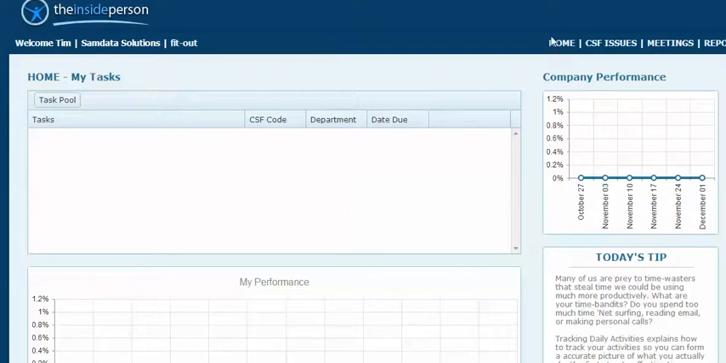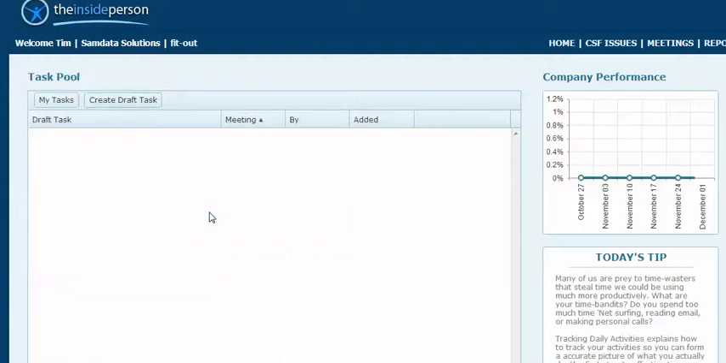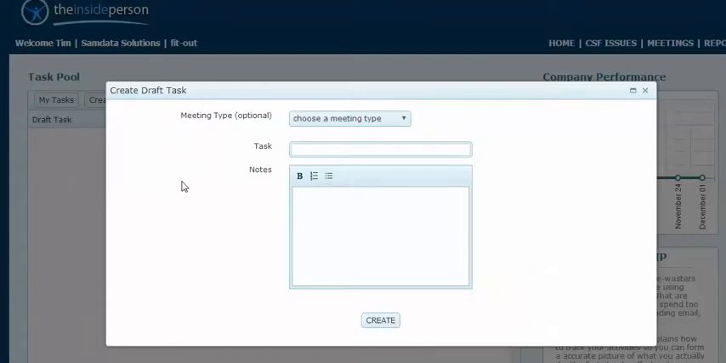From the home page, when you're logged in on your My Tasks page, just click the task pool button, and from there you're able to create a new draft task by just clicking the create draft task button. Specify which meeting you want this draft task to be discussed at. So in this case, say at the general meeting, we want a task about